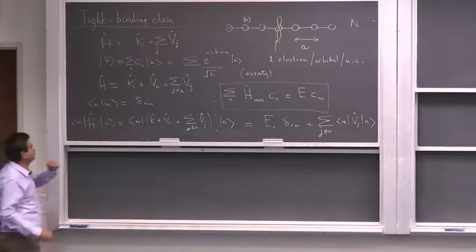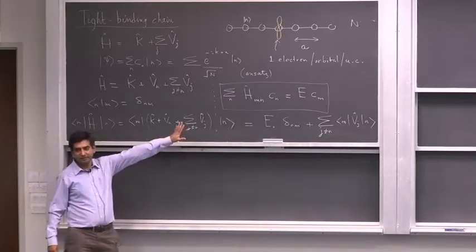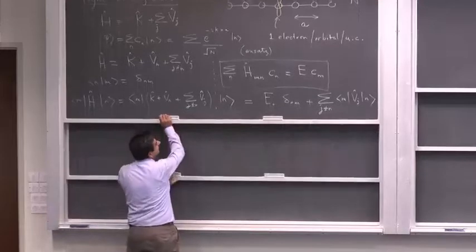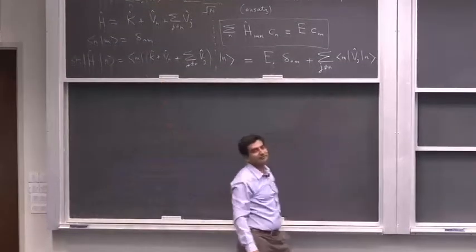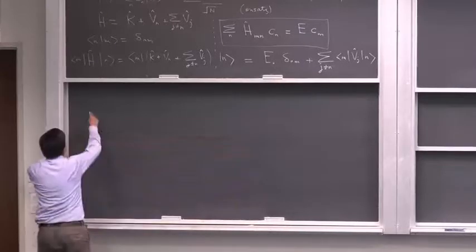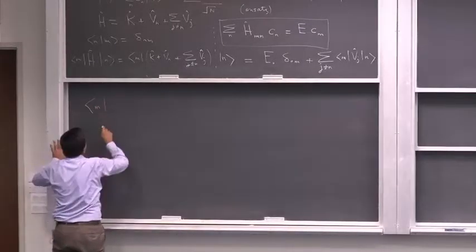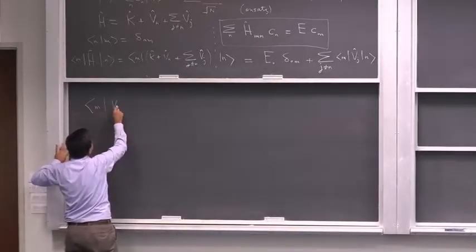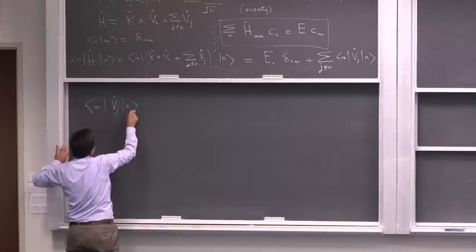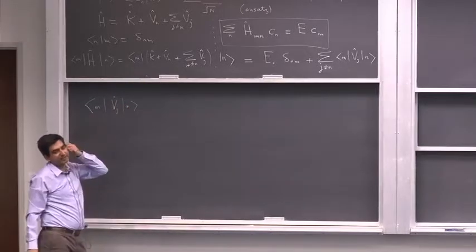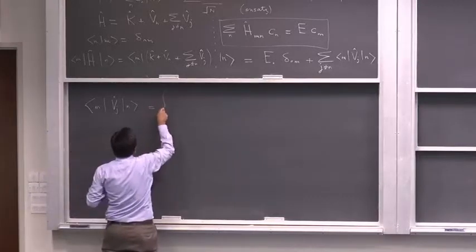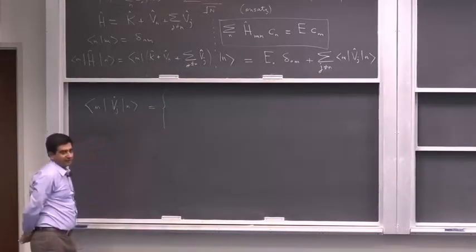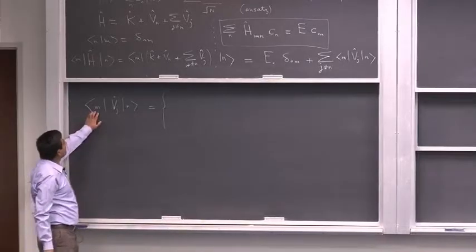Hello. Alright. So is this clear up to this point? Now let's explore this term over here. If I look at this term, the overlap of the state m with n connected to this potential energy function. Now remember that j is not equal to n. Now if m equals n,